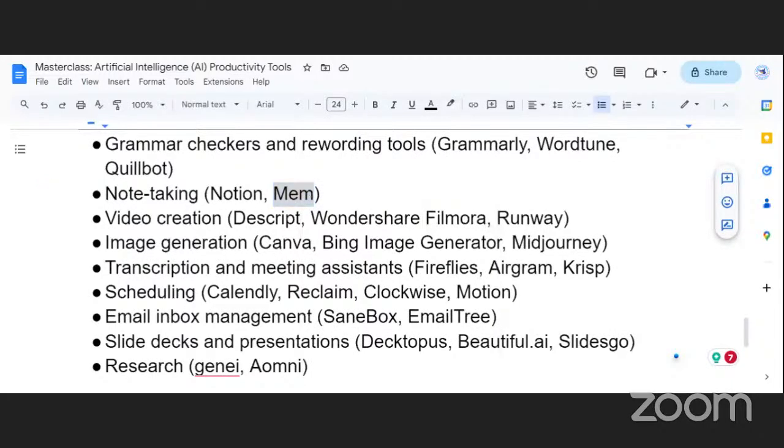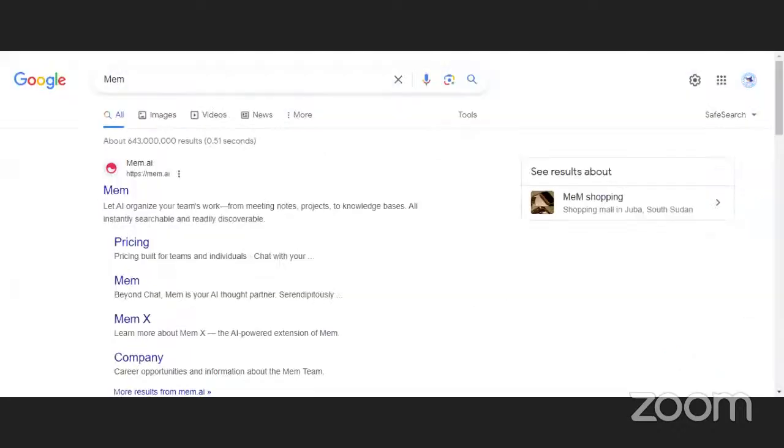Somebody's asking, what is the best tool to be used when writing a book? My friend, when you're writing a book, you need to write the book yourself. You just make a selection of the tools that I mentioned, whatever you want to use it for. So you come here,